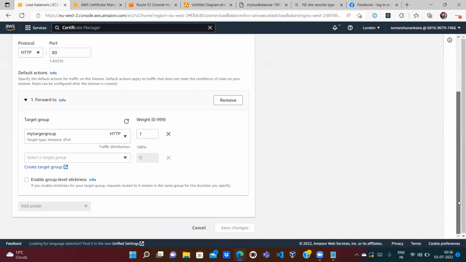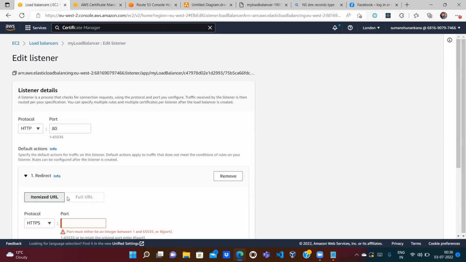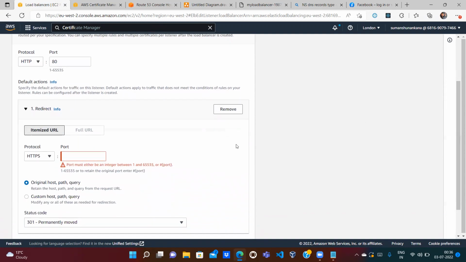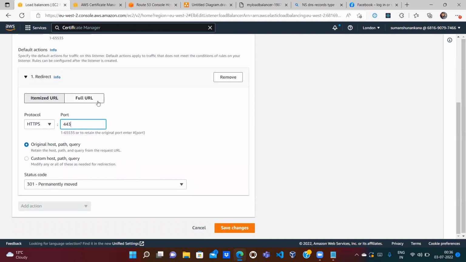So here, why are we unable to select the add action? So let's remove it. Add action. We have to basically redirect our website to HTTPS with 443, and